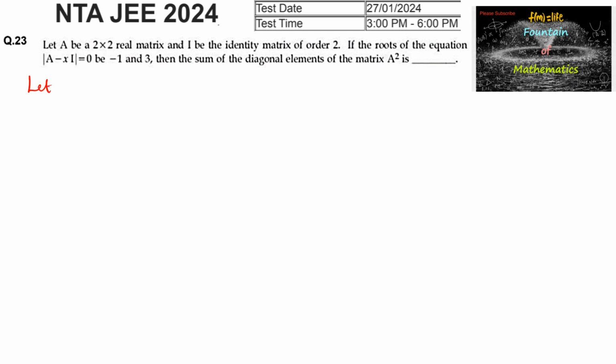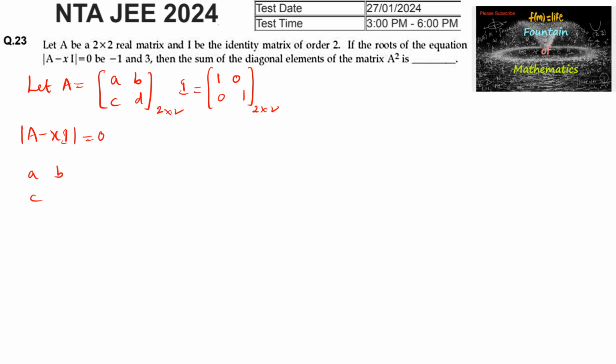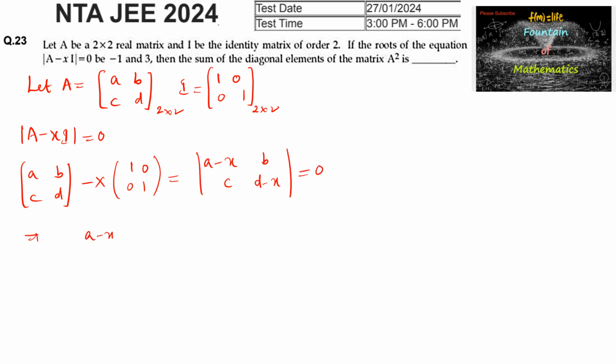So let A be the 2 by 2 matrix [a, b; c, d], and I is an identity matrix [1 0; 0 1] of order 2, and determinant of A minus xI is equal to 0, that is [a, b; c, d] minus x times [1 0; 0 1], which is equal to [a minus x, b; c, d minus x], and its determinant is equal to 0, which implies (a minus x)(d minus x) minus bc is equal to 0,